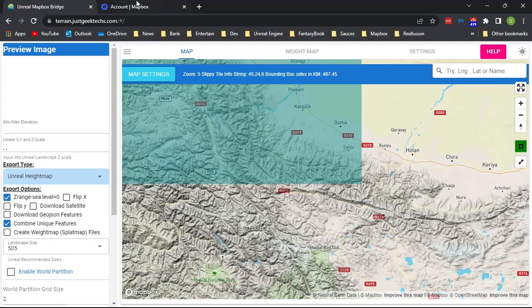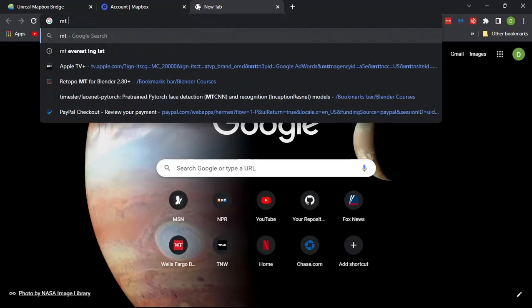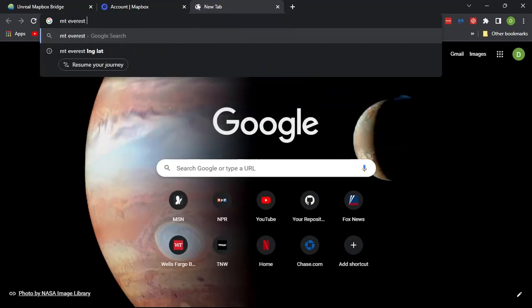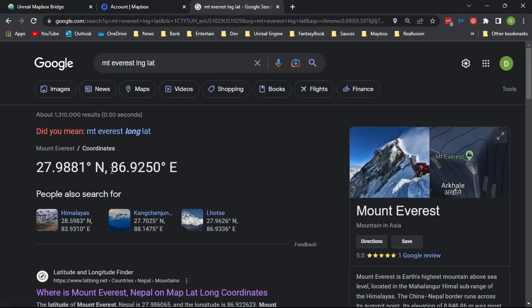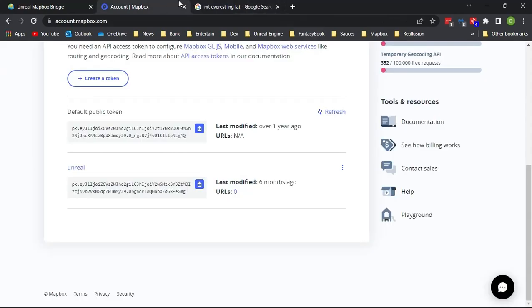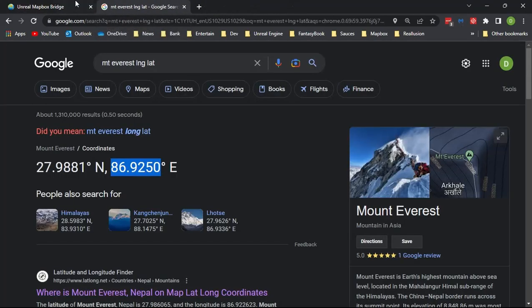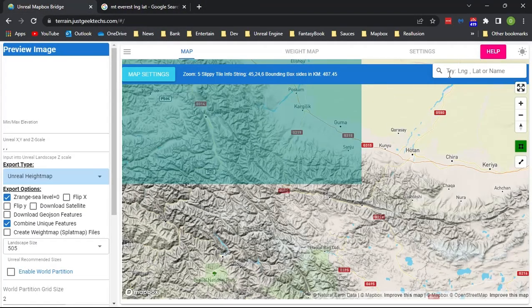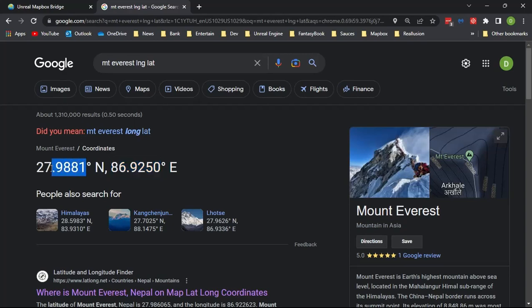Longitude and latitude. You can look up a longitude and latitude. Let's just do Mount Everest. Okay, and that's going to be our longitude. And we can close this down, and we can go in. It says longitude, comma latitude. So we'll put in our longitude there, and we will grab our latitude here. Okay,